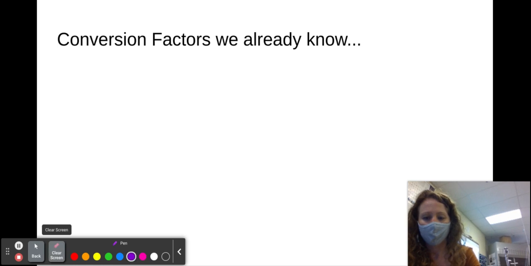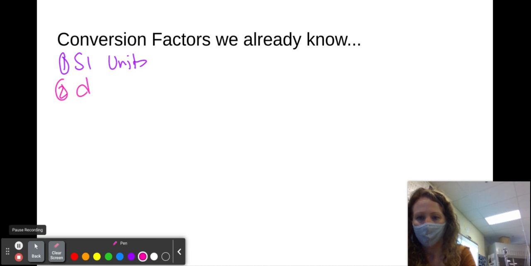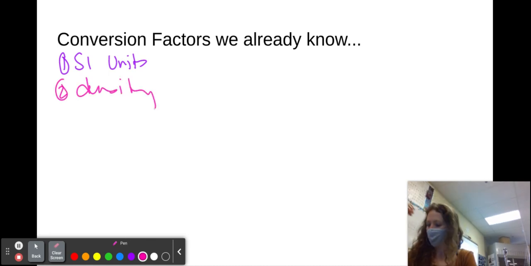Okay. Oh no, I didn't mean to do that. SI units to density. Okay,